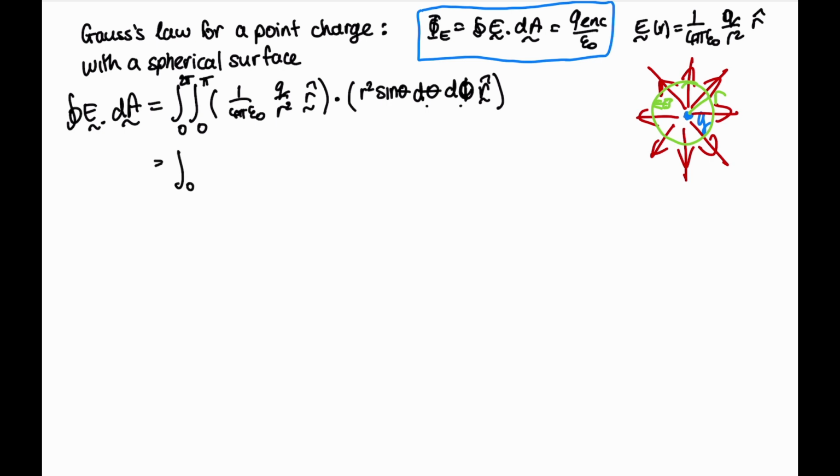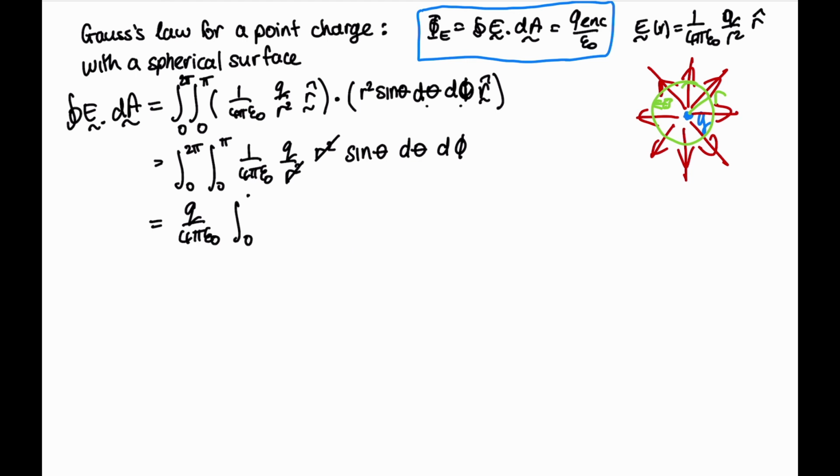So let's do every step. We've got from 0 to 2 pi and from 0 to pi. And then we've got 1 over 4 pi epsilon naught q on r squared times r squared. So those will cancel out. We've got sine theta, d theta, d phi. And we can pull our constants out the front. So we've got q over 4 pi epsilon naught, and then from 0 to 2 pi and from 0 to pi. Now the first integral we're going to be doing is this sine theta d theta,